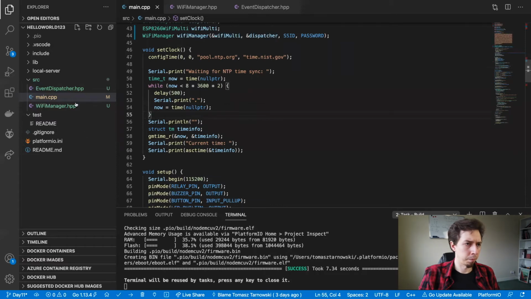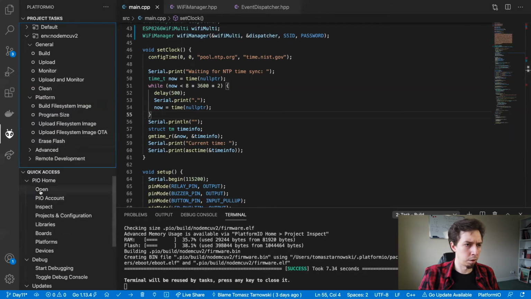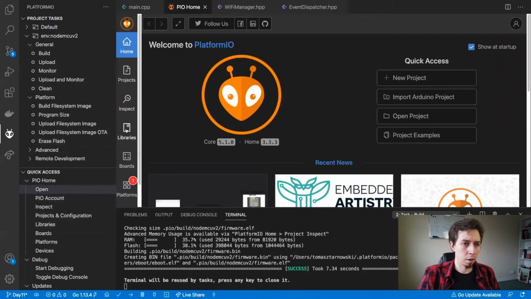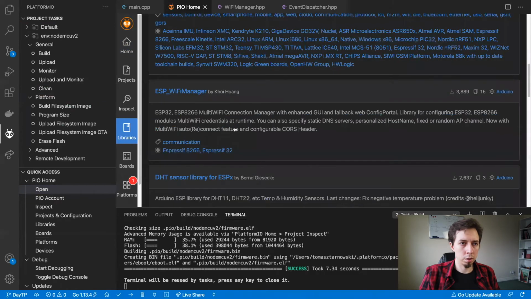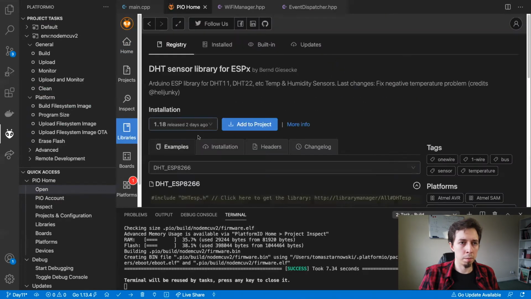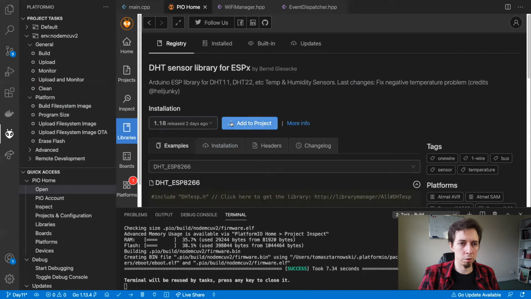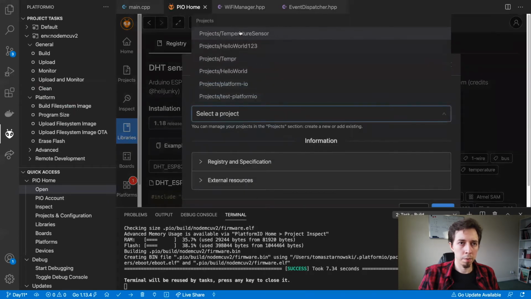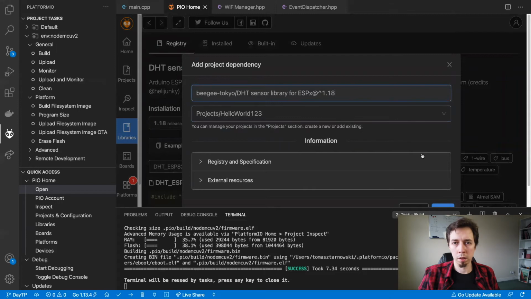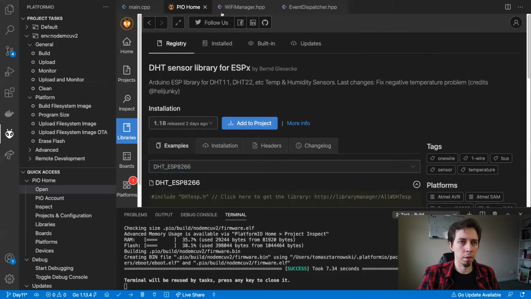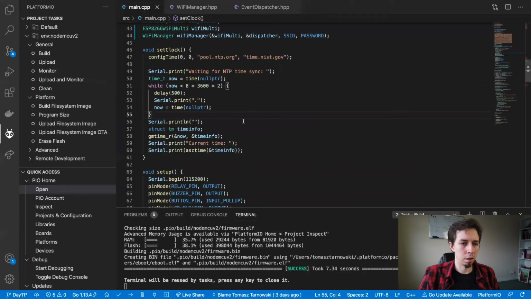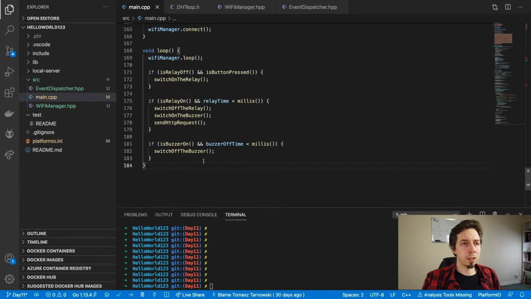Okay, so first of all, I'm gonna open PlatformIO, libraries, type in DHT11 and install the same sensor library we installed with the other project. Going to add to the project and pick the hello world 123 and then press on add. Okay, so the library is added. So I've got everything that is required to start changing the code of the time-controlled relay device and make it